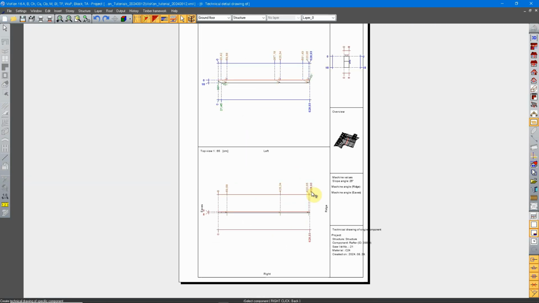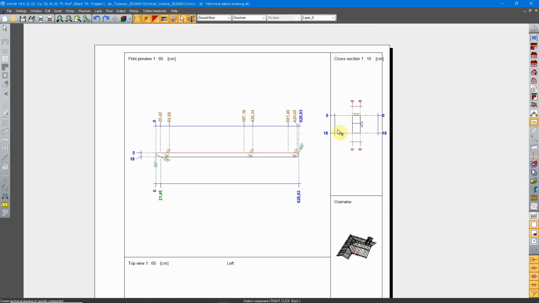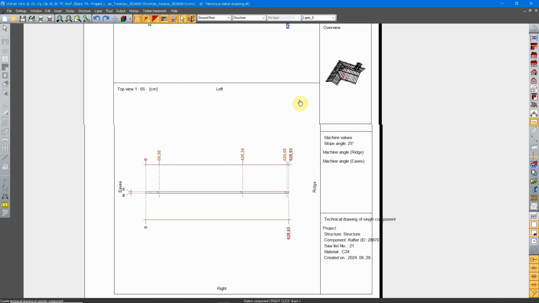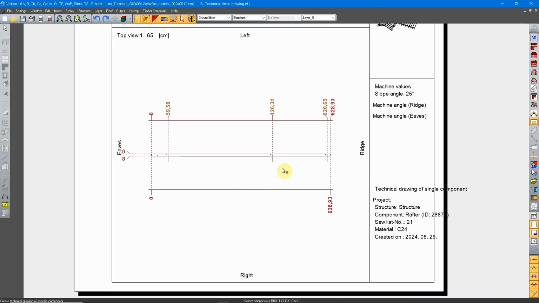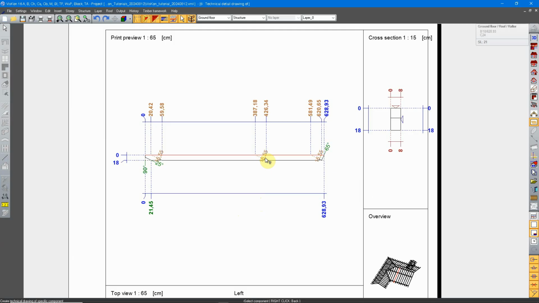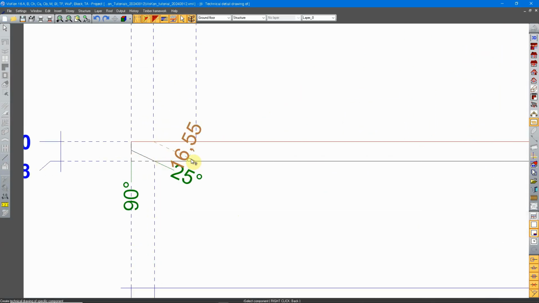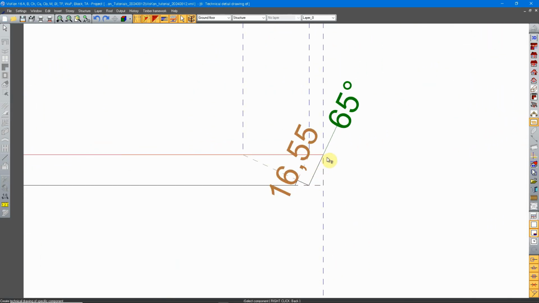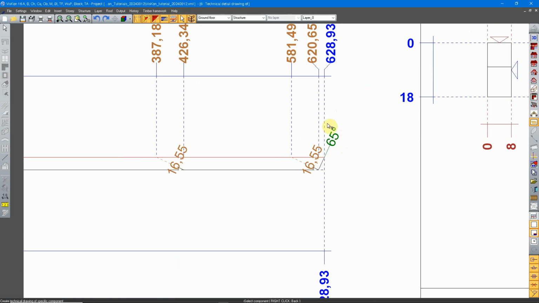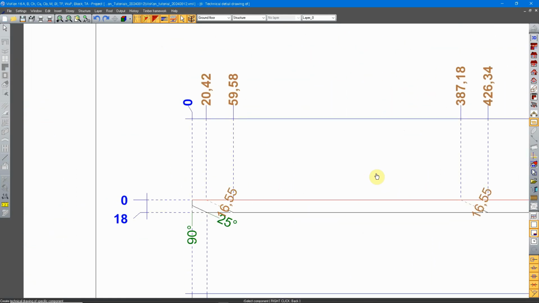Okay, and now we have a detailed view of one single component. We have a side view with all the different details and the information of them. You can see the degrees, the distances,